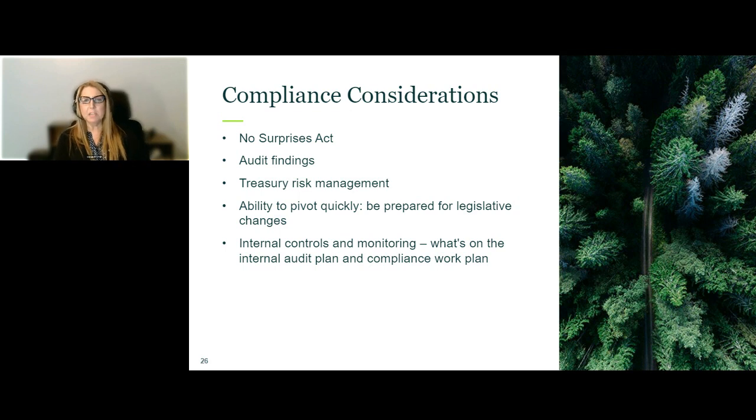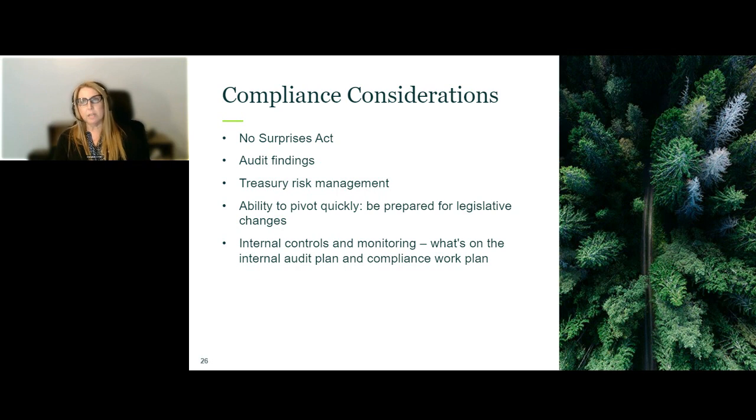When we're thinking about the audit findings, one of the things that comes to my mind is single audits. Sometimes there are findings with those, and of course that gets uploaded, and we are finding that HRSA has been very prompt to respond to providers who may have had a finding, wanting to know what their corrective actions are. So just be on the lookout for that. You might be experiencing that as well.